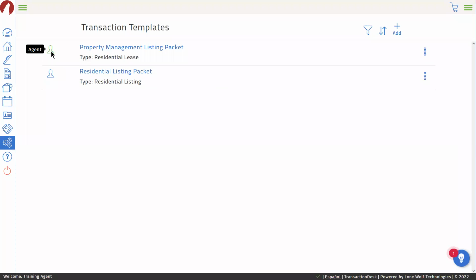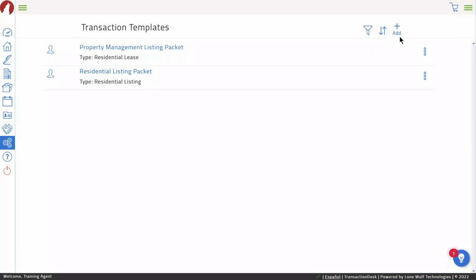This is indicating whether it's one that was created by the agent, in this case me. If you see one that has a two-person profile image, that's indicating that that's a transaction template that was created by your office. Now, the office ones can only be edited by any office level super users, so like an admin or brokers is typically who's making them. We did have an office here in town. I'm pretty sure this guy still works there, but he was the office admin. He went through and meticulously created transaction templates for each and every situation that you could find yourself in.